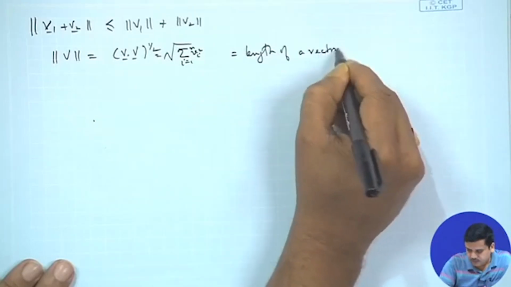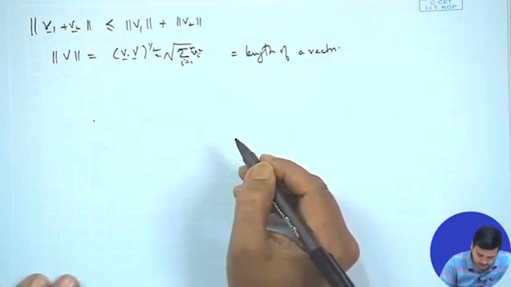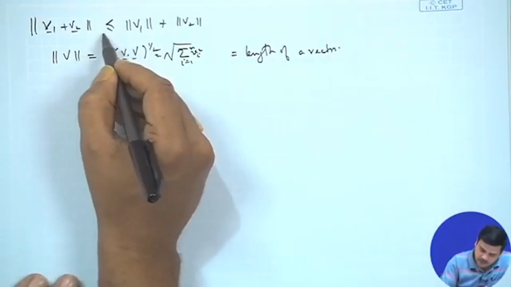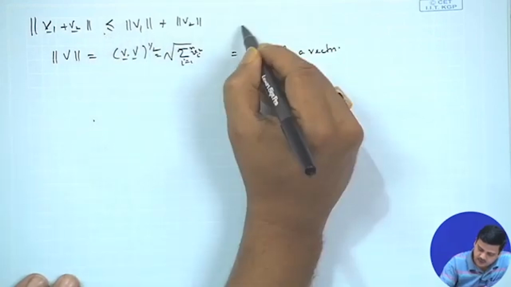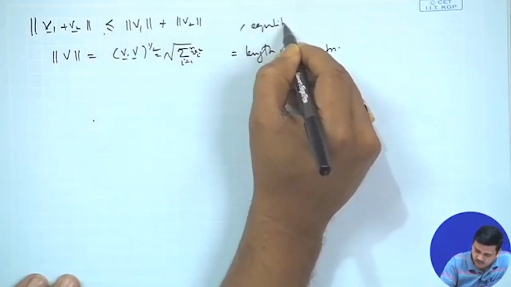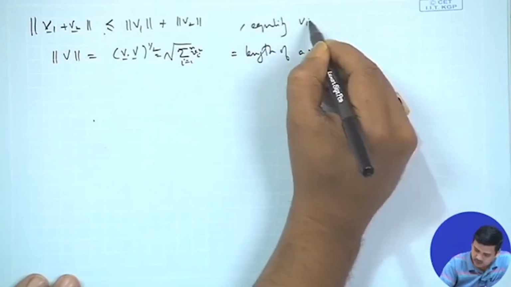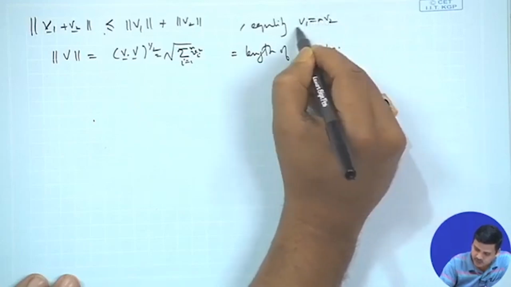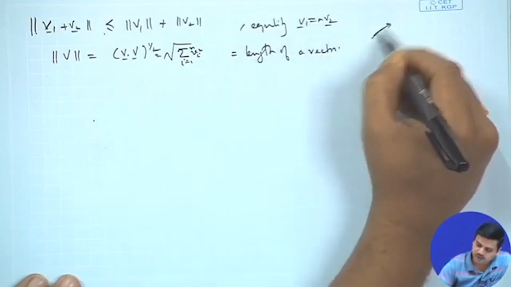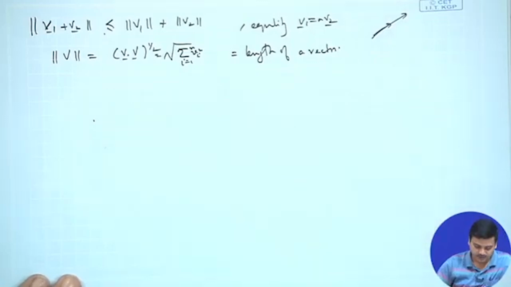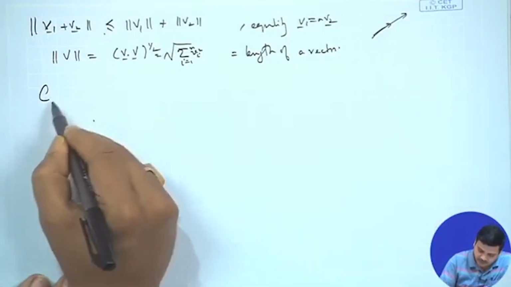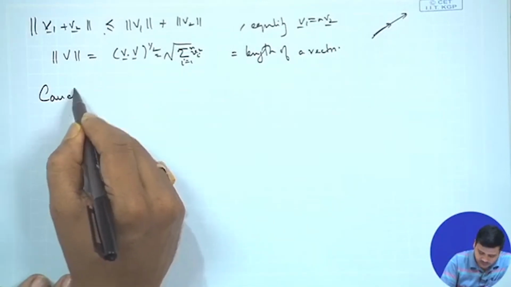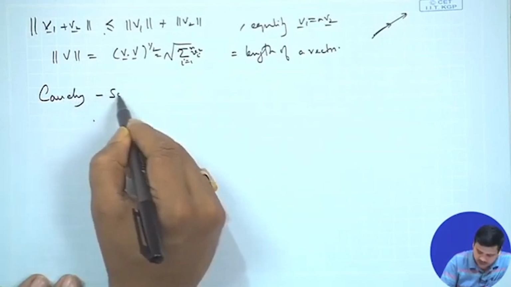of a vector. Okay, and this inequality holds with equality if v1 is equal to a times v2. That means both the vectors are aligned in the same direction, if that is true. And then you have the very important result, which we'll be using at a later stage,